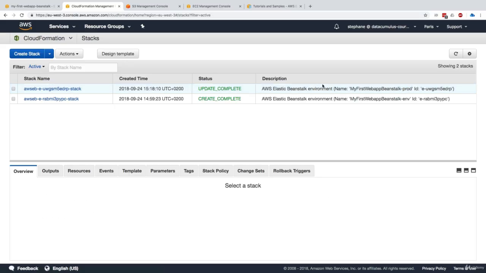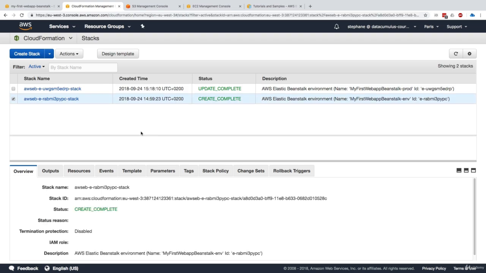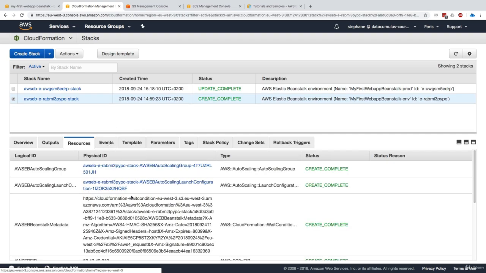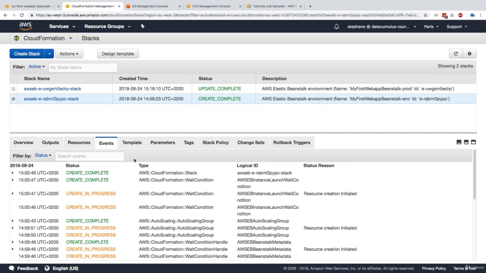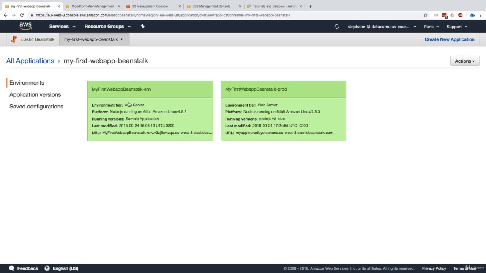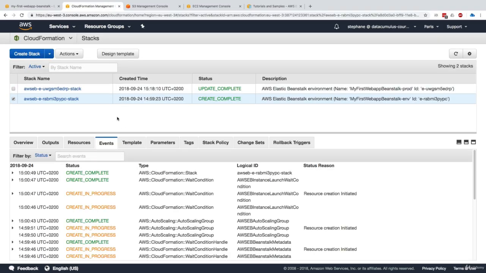So the idea is that these stacks basically got created by Elastic Beanstalk, and this is what triggers all the changes happening in your environment when everything updates. You could click on those, and if you're curious, you could look at outputs and resources that get created. So these are all the resources that get created, some events, et cetera. This is pretty advanced already, but when we deep dive into CloudFormation, you'll understand better how these things work. I just wanted to give you a sneak peek and tell you that Elastic Beanstalk is not magical. Under the hood, it generates some CloudFormation files for you, and CloudFormation performs the heavy lifting of updating everything.